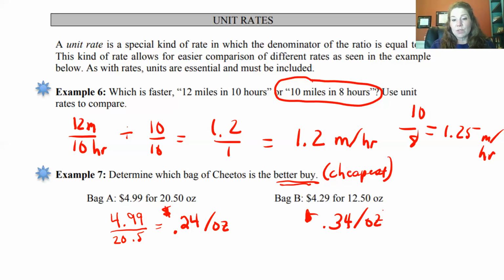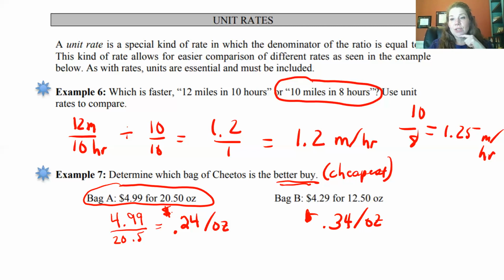So the question is, which one's the better buy? The answer is bag A. Even though bag A costs more at the cash register, it's actually a better buy than bag B because I'm spending less per ounce. And if you go to the grocery store, if you go to Kroger or Publix and you look at the little tag on the shelf,